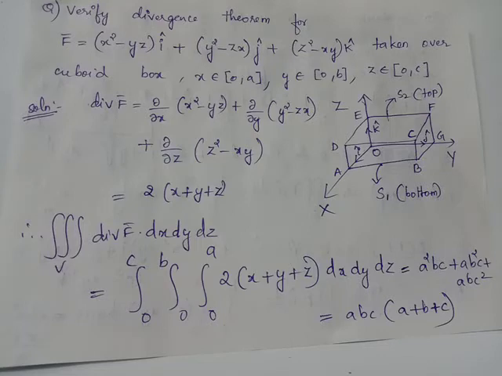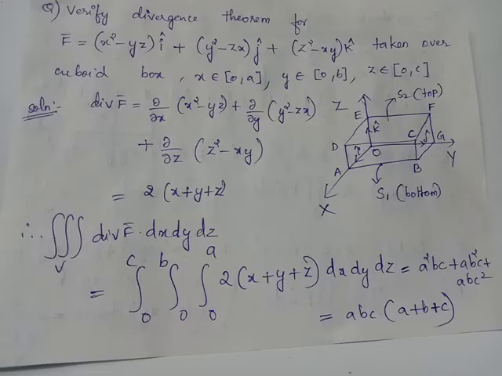Similarly, when you consider the surface S5 represented using AOED, y equals 0 will be the equation valid for the surface S5 because S5 lies in the ZX plane and therefore y equals 0 will be satisfied. When you consider the surface S6, which is represented using BGFC, y equals b is the equation satisfied by this surface. Now we will evaluate the surface integral with respect to each of the surfaces, starting from S1, S2, S3